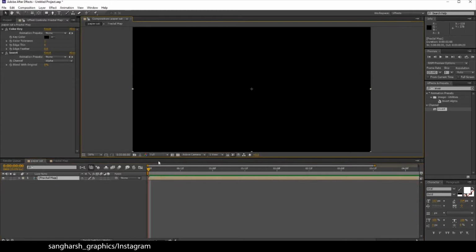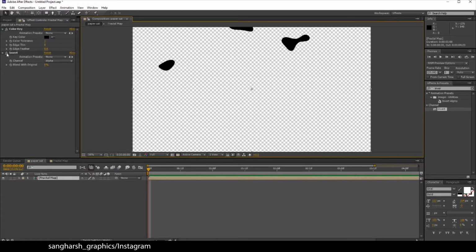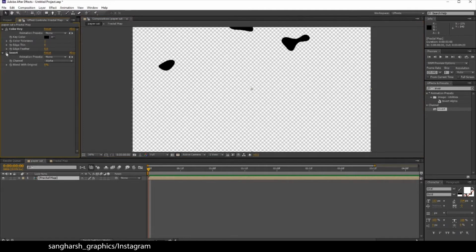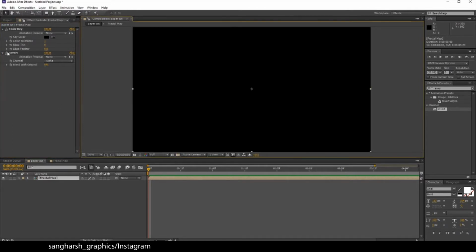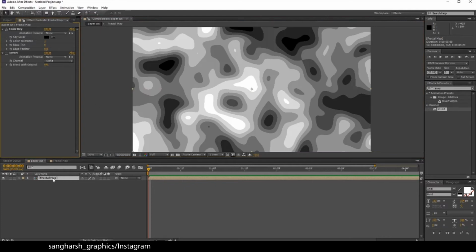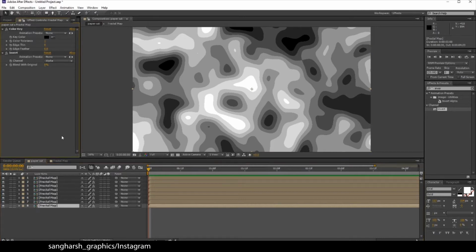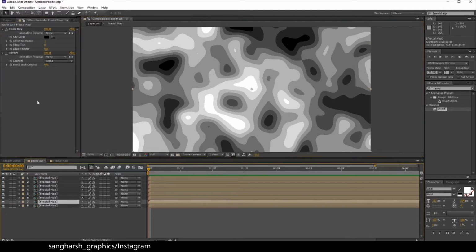So firstly deselect the invert, for now select the fractal map and duplicate it 8 times. 2 more times. Now here we have the black selected, select the second one and select the second darkest color, this.